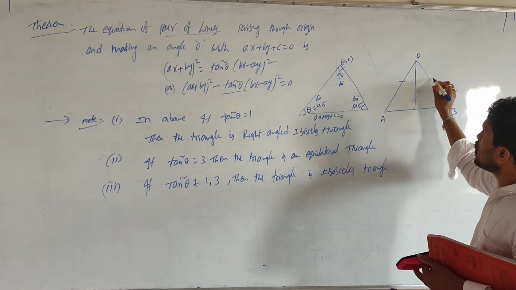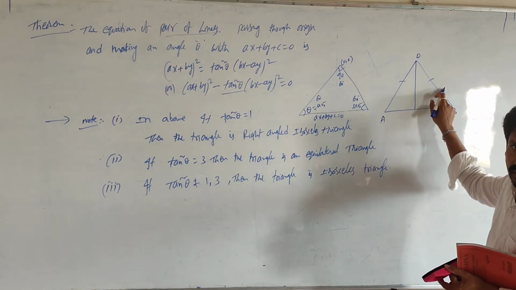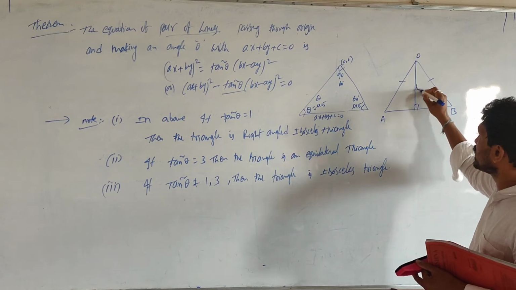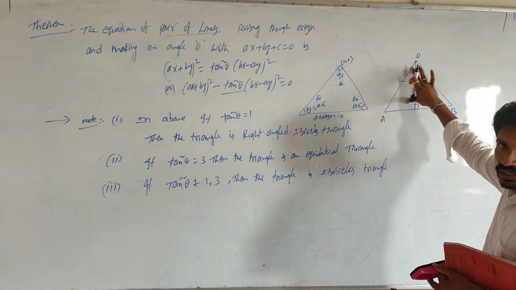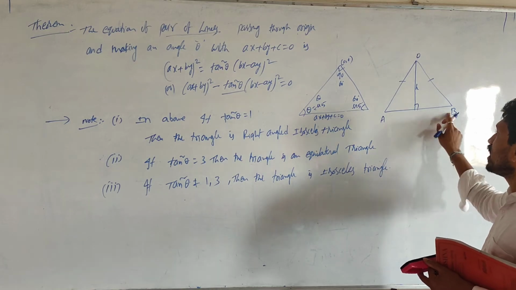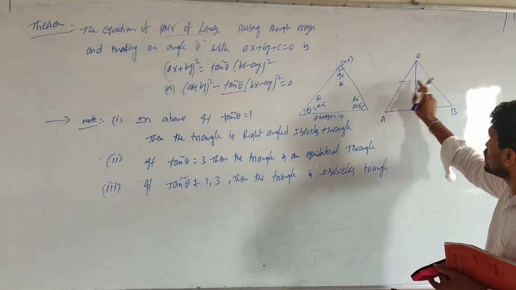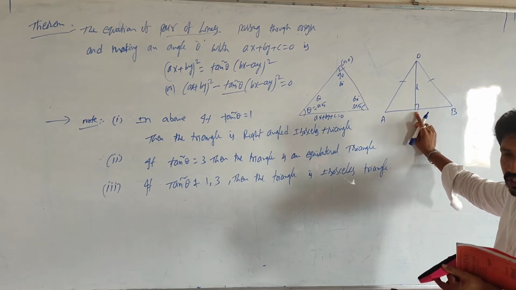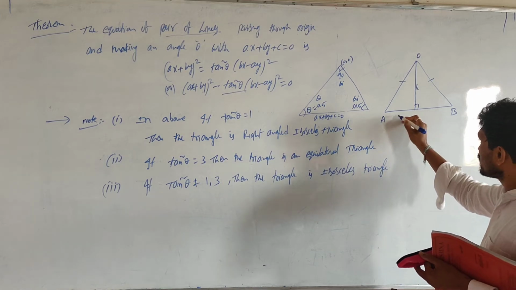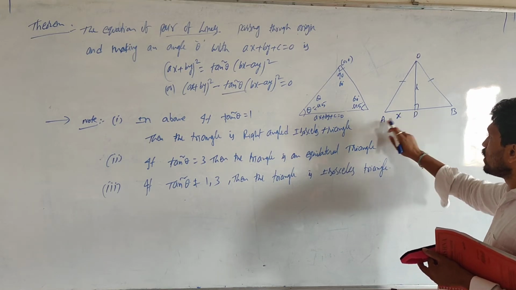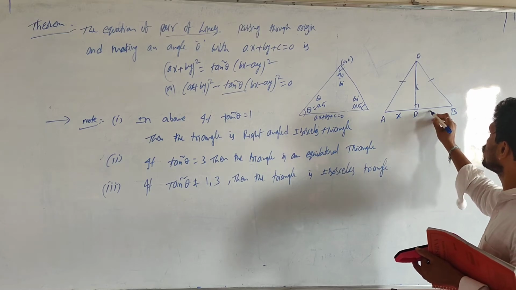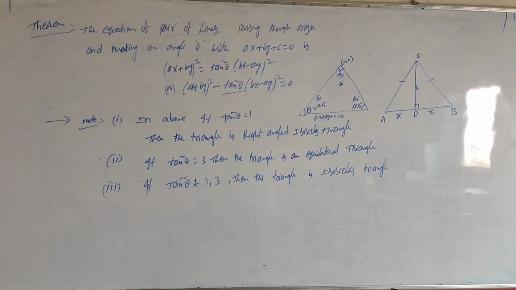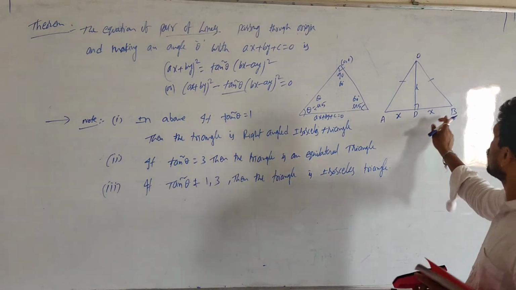So these two are equal sides. Take the perpendicular, let us take this is H. This height you take. What is the area of the triangle? Half into base into height. Because these two are equal sides, this perpendicular becomes a median, that means passing through the midpoint. So let us take it as D. If you take AD is equal to x, then DB is also x only.